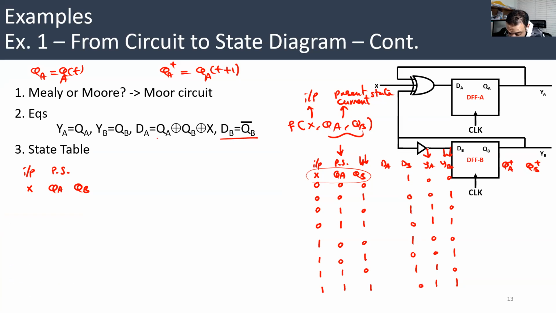And DA is QA XOR QB XOR X. So it's an XOR function. Whenever you have a row, count the number of ones. If it's odd, it will be 1. If it's even, it will be 0. The first row has 0 ones, an even number, so this will be 0. This has 1, 1, an odd number of ones, so this will be 1. It's also 1, 0, 1, 0, 0, 1. Let's check again. Correct, correct,